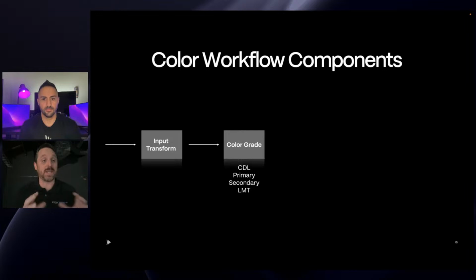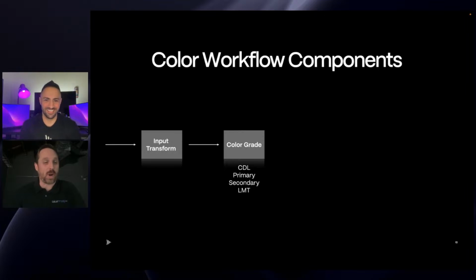So I can actually manipulate the colors. And when I tweak Red, it tweaks Red the same way on the Sony as it would on, say, an Alexa, because we brought them into a bigger space from the original camera source. And then inside the color grading components, there's a lot of things in the grade portion. One is the CDL, so the color decision list. It's an ASC specification that's been around now for about 14 years, I think, plus or minus. Don't quote me on that one. It might be a little bit longer.